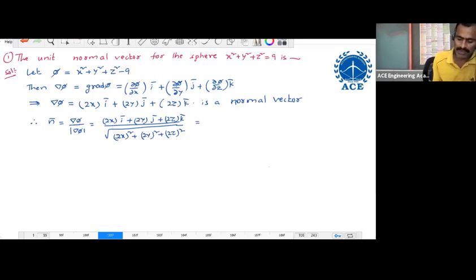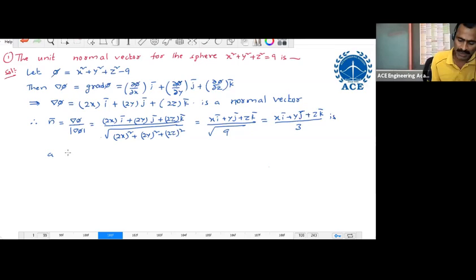If it comes out, the 2 gets cancelled. After taking 2 square outside the root, under the root you will have x square plus y square plus z square. But x square plus y square plus z square is 9. So x i bar plus y j bar plus z k bar divided by root 9. This is equal to x i bar plus y j bar plus z k bar divided by 3,